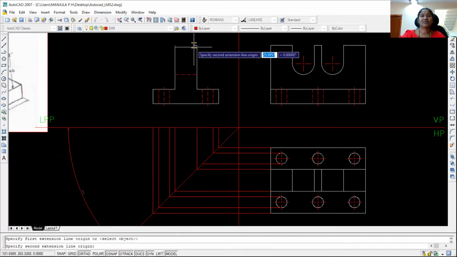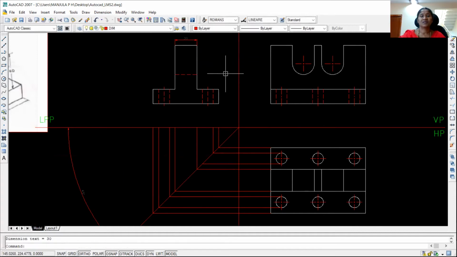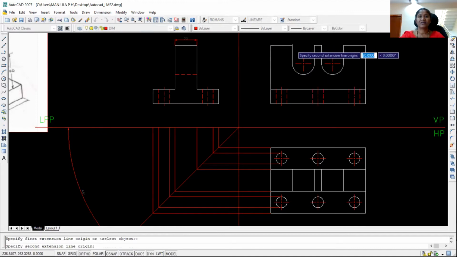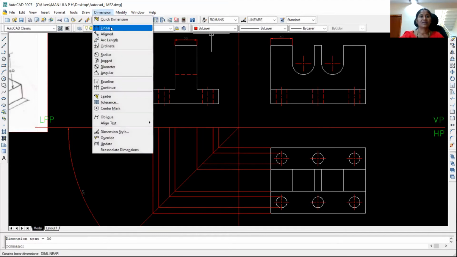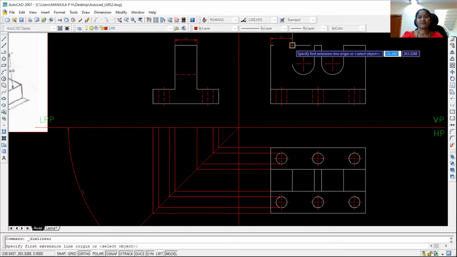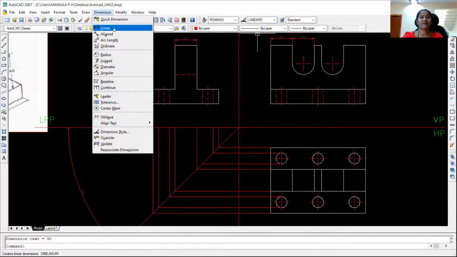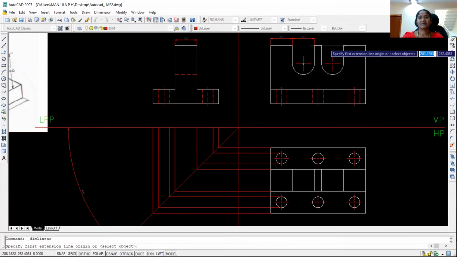select the dimensions which you want to dimension. Again, dimension, linear, you select all the dimensions that have to be dimensioned. Go to linear. Similarly, dimension, linear.